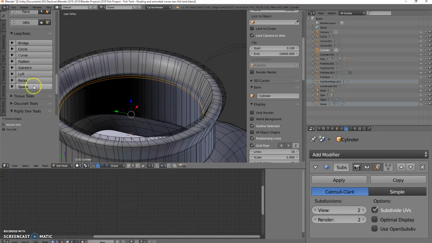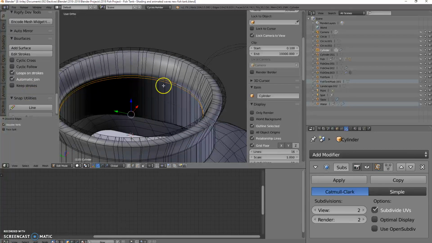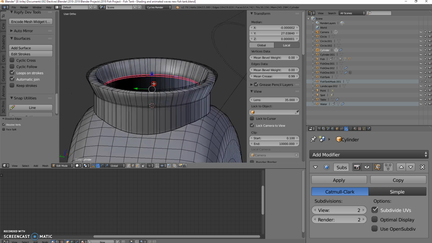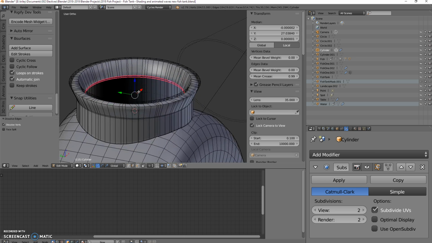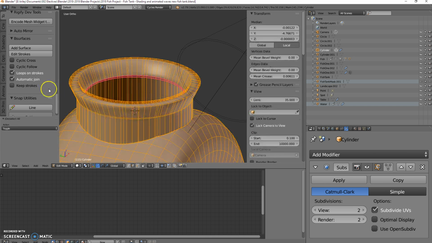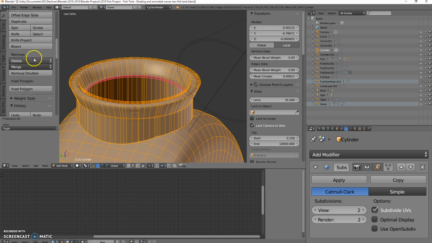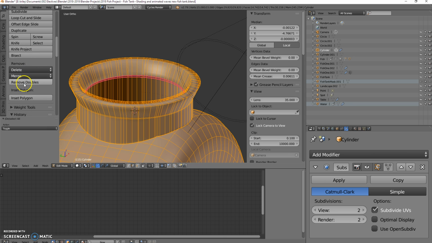And I'm going to go ahead down to where it says, before I do that, I'm going to increase the mean crease on this just a little bit. So I'm going to take that, pull it out like so. It just makes that crease a little stronger. And then I'm going to go ahead and select everything, and I'm going to go down to, or up in this case, to the remove doubles,